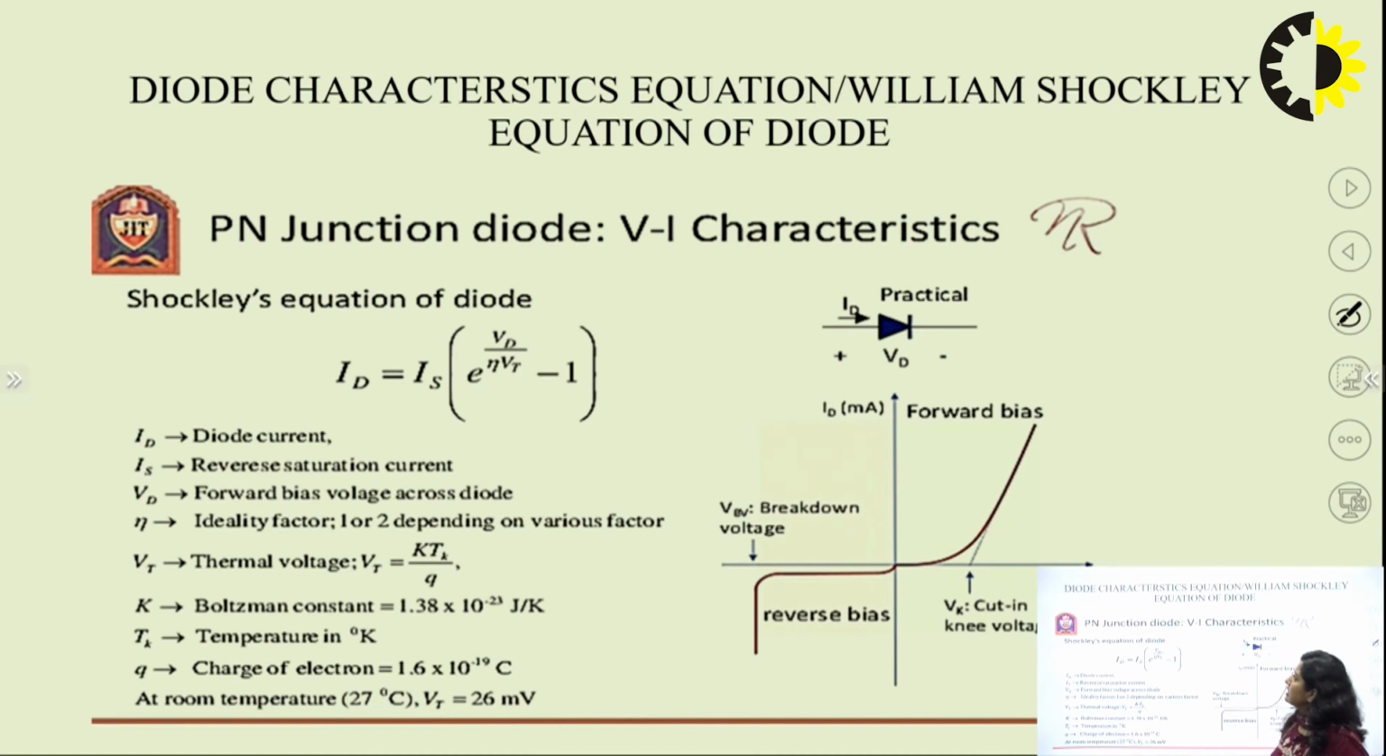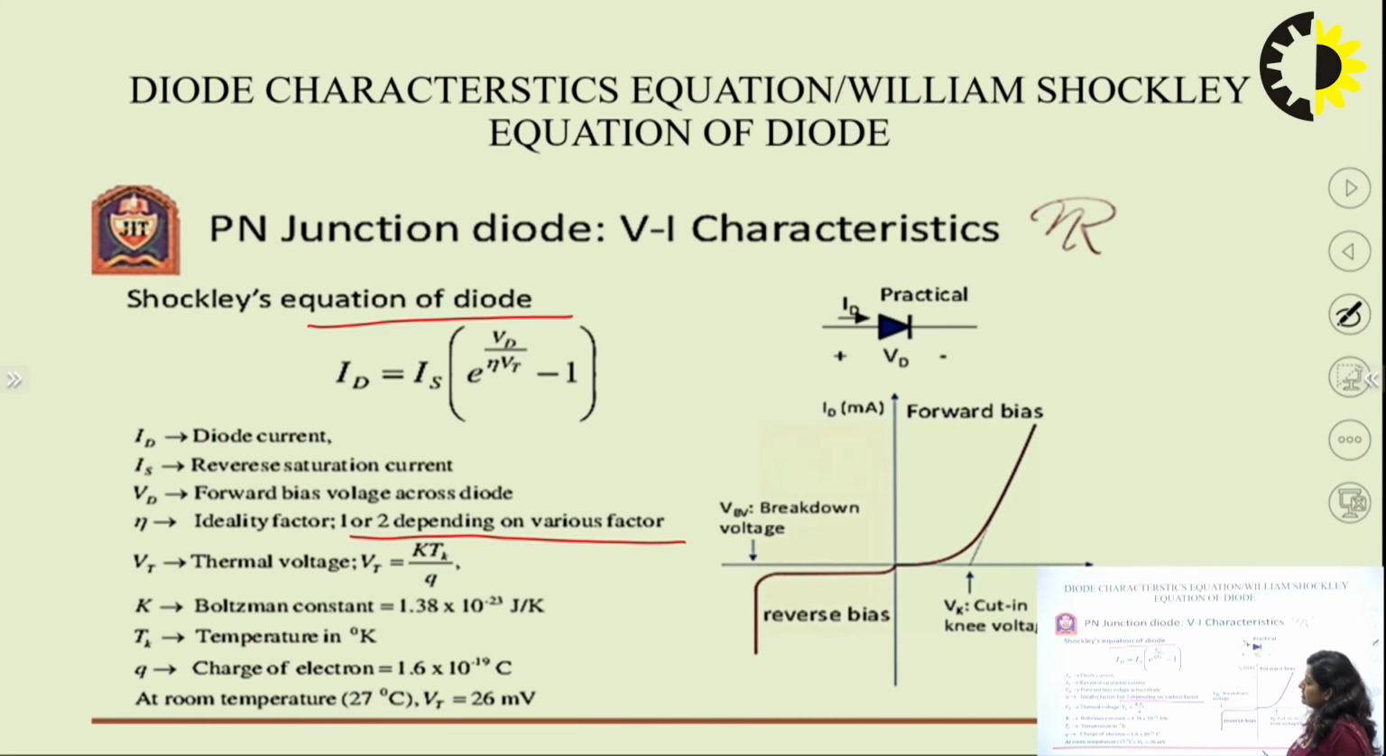So we have this type of depletion region width in the case of semiconductors. So next is the diode characteristic equation, which is also called the Shockley equation of the diode. So we have the diode equation, which is ID is equivalent to Is e to the power Vd upon eta Vt minus 1. ID is the diode current, Is is the reverse saturation current here, Vd is the forward bias voltage across the diode, eta is the ideality factor which is 1 or 2 depending on various factors,